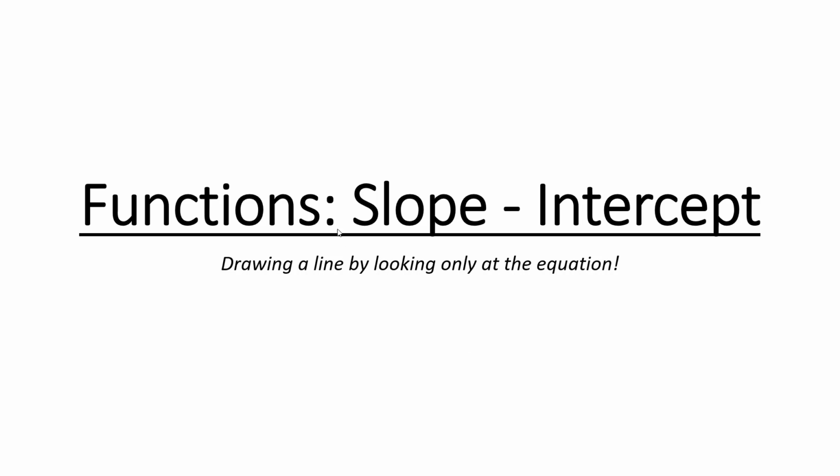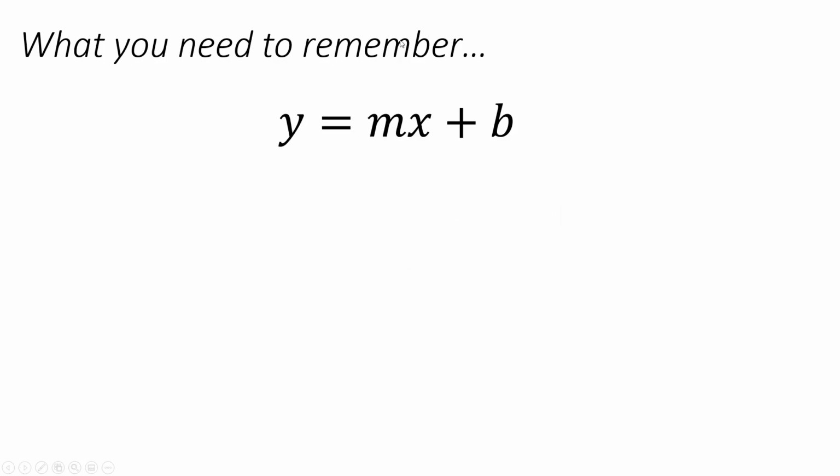All right, functions, slope, intercept. This is where you are drawing a line by only looking at the equation. Here we go. The thing you need to remember is that when you see an equation in this form, a function in this form, y equals mx plus b,